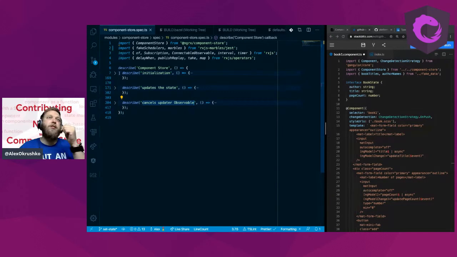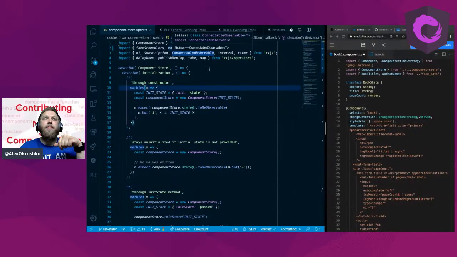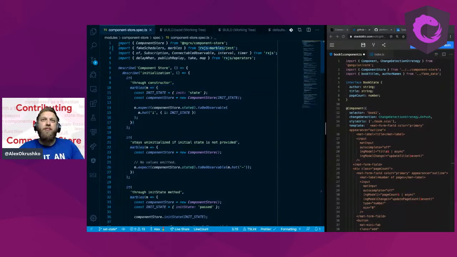Okay, so let's start with the initialization because that'll be the easiest one, right? We can say that, okay, we can test it through constructor. And I'm using here a library called RxMarbles from Nicholas Jameson. Kind of like it. It's very well maintained. It works with any library, and it was really awesome because I actually didn't realize when I started writing this test, I was using